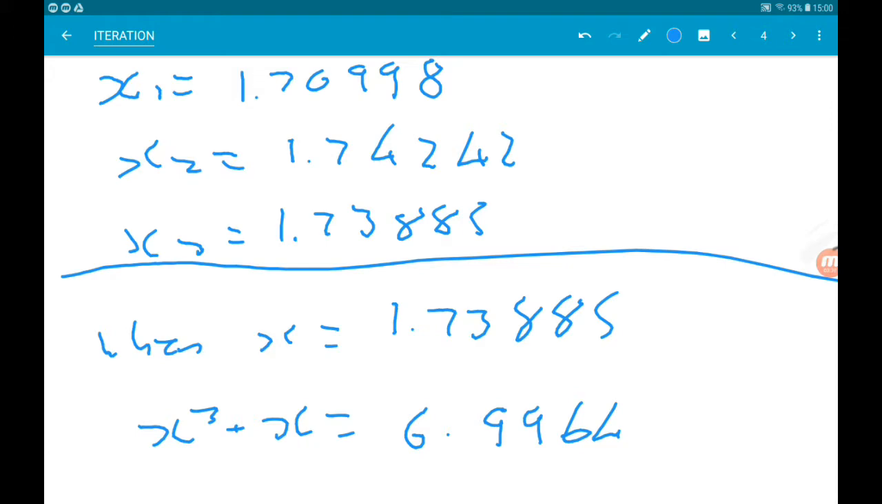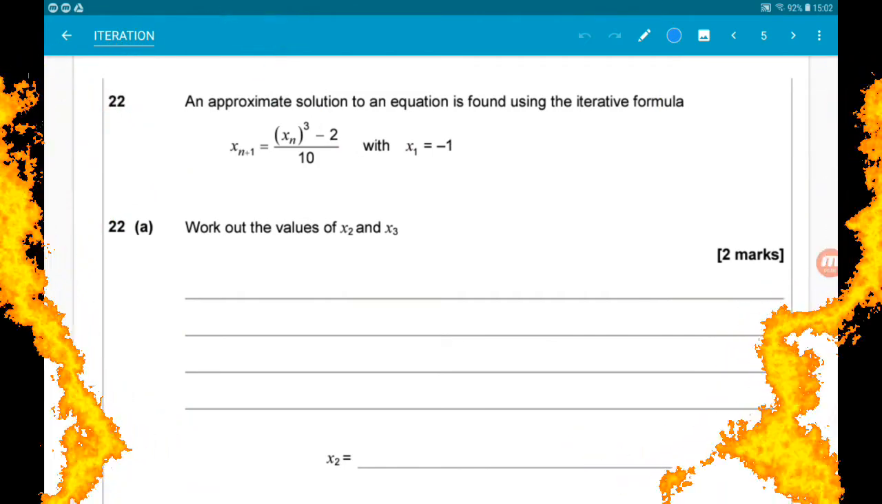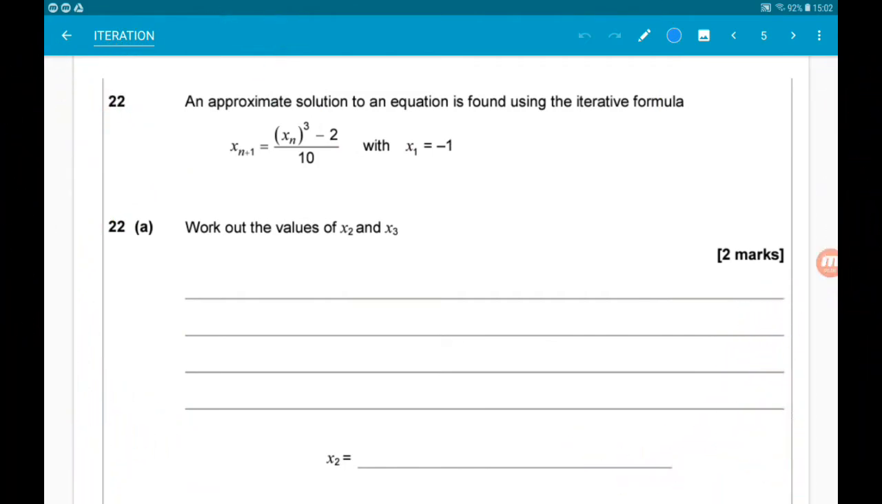so what that means is we have a good estimate of the solution to the equation. Okay, next up, an approximate solution to an equation is found using the iterative formula xn add